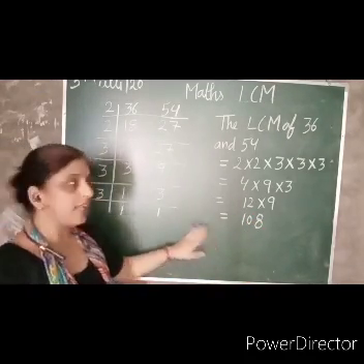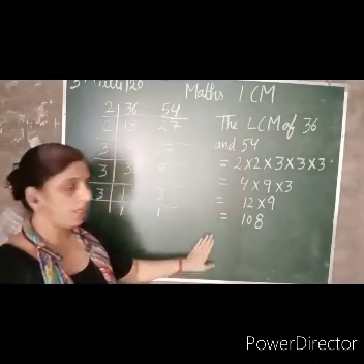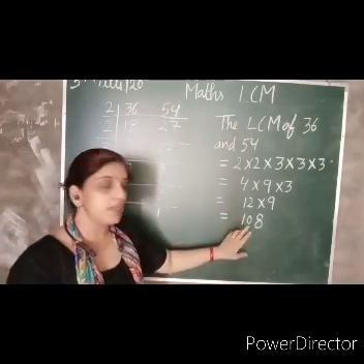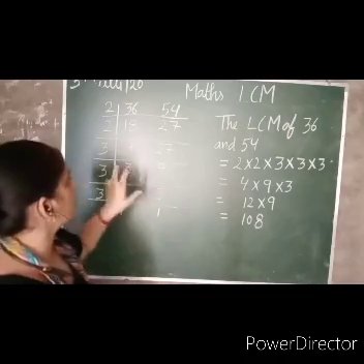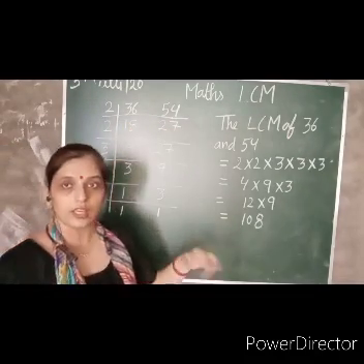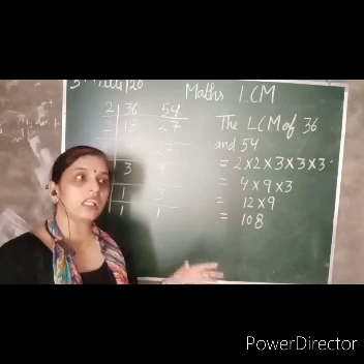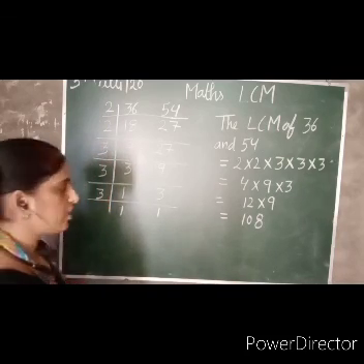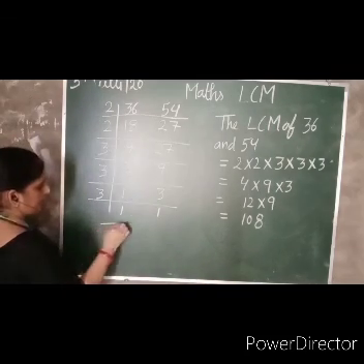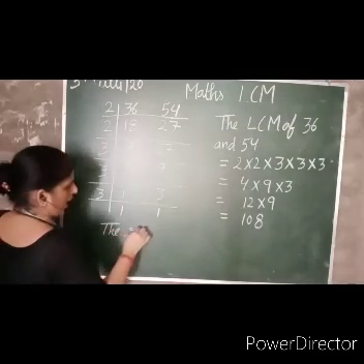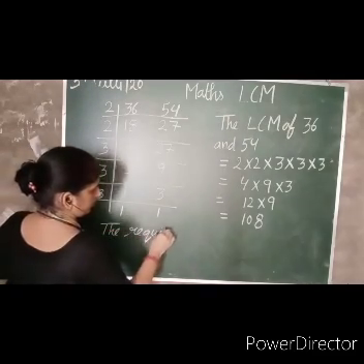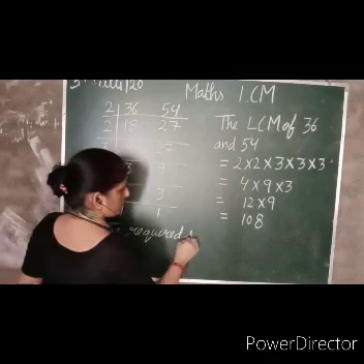Now we have found the LCM of 36 and 54. 108 is the LCM. It means 108 is the number which is completely divided by these numbers. But we have to find out the number which is not completely divided, it leaves a remainder. So how do we find that? You can see, for the required smallest number,